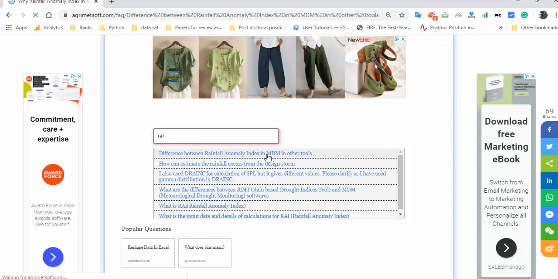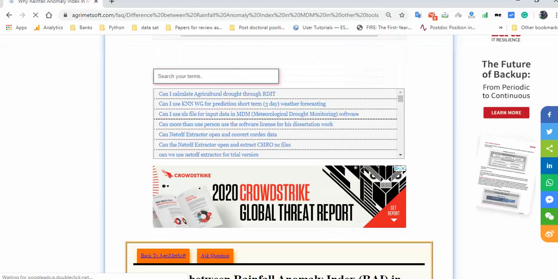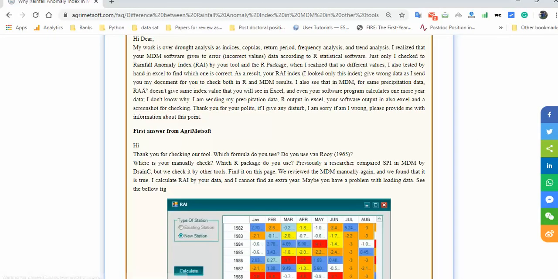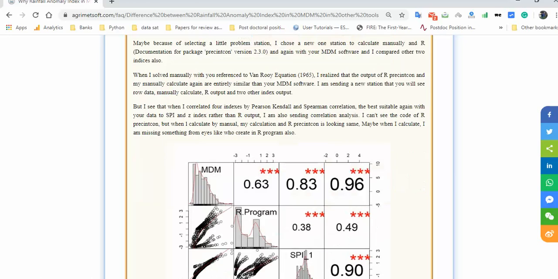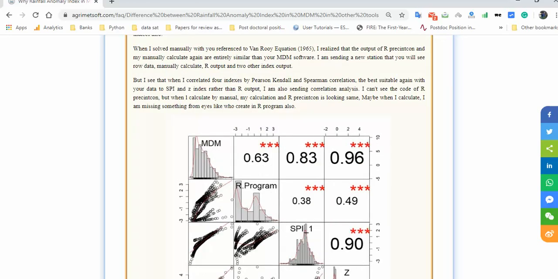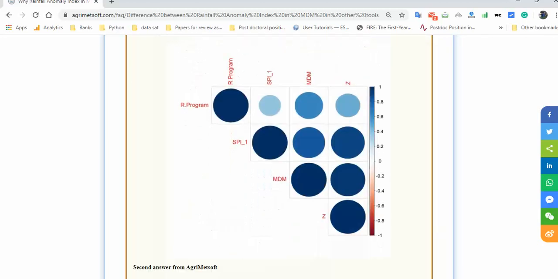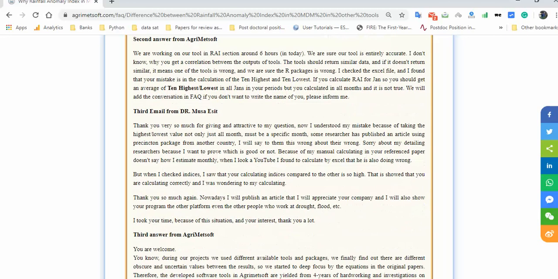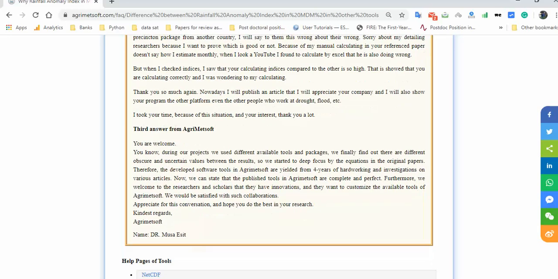Okay, I click this question and you can find an exciting answer here. You can see here different statistical results with a package within our package results